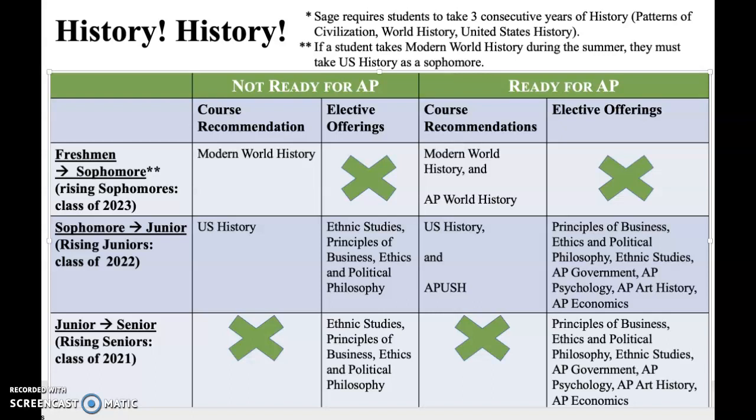Just because a student is recommended for AP World History, that may not be the best choice. We really need to look at the totality of their schedule. Is it balanced? Is it manageable, both academically and extracurricularly? So if the student is taking AP Calculus and AP Chem, and AP World, something's probably got to give. So those are all considerations as well.